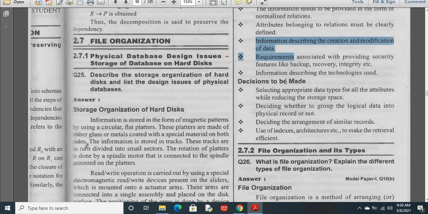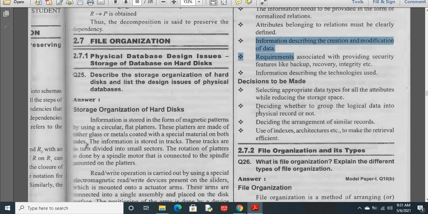For example, if you want to store an integer value but you have created a float type of slot, unnecessarily some space is wasted. Why? Because in general in the programming language, integer will occupy 2 bytes and float will occupy 4 bytes. So if all the values are integer type but you declared it as float, unnecessarily 2 bytes are wasted. To overcome that problem, you have to create proper data types.